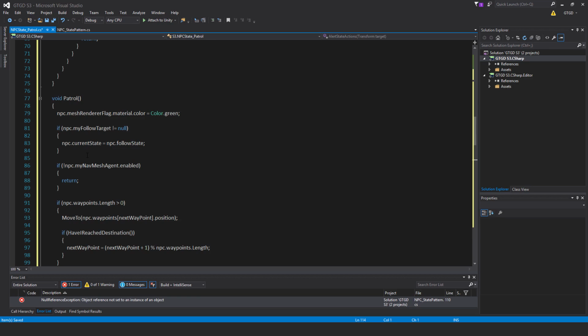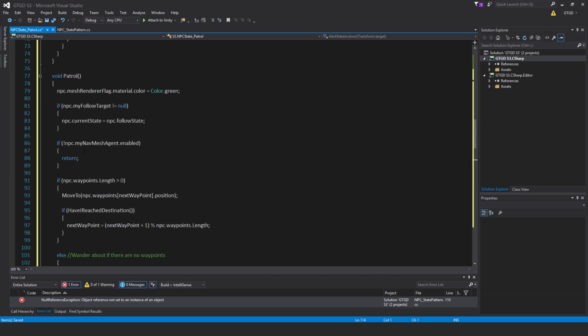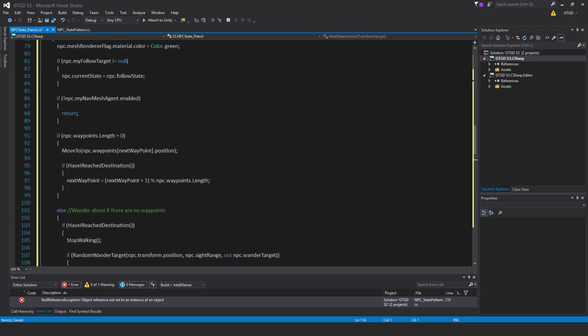So initially, when the state pattern starts up, it will put the NPC in the patrol state. But if they have someone to follow, so like friendly AIs can follow the player, then they will immediately move over to the follow state. If not npc.myNavMeshAgent.enabled, then just return. There's no point doing anything if the nav mesh agent is not enabled. It'll just return errors. If npc.waypoints.Length is greater than 0, so we have waypoints, then move to the very first